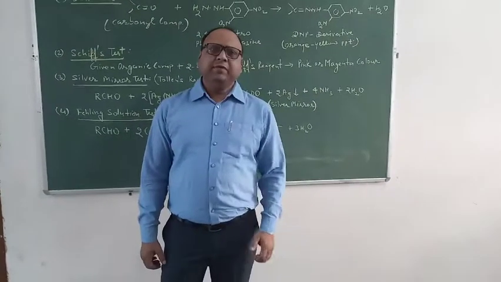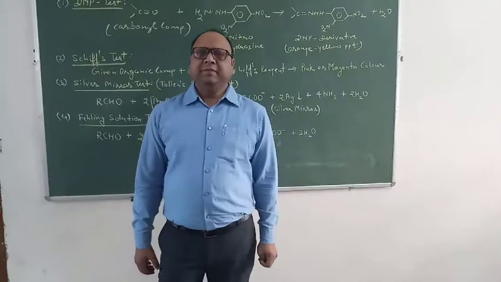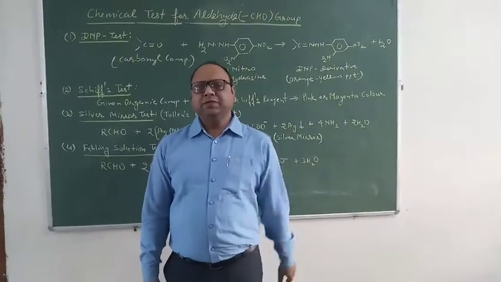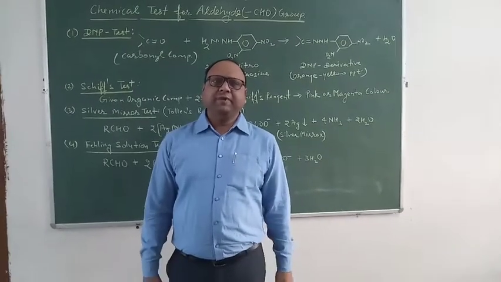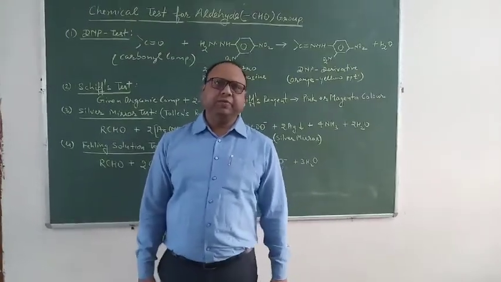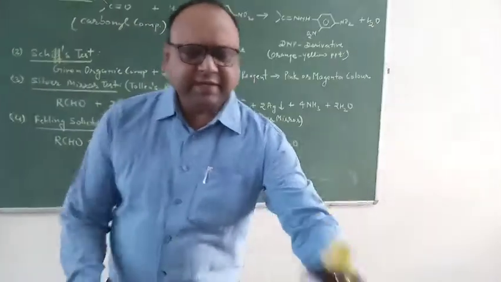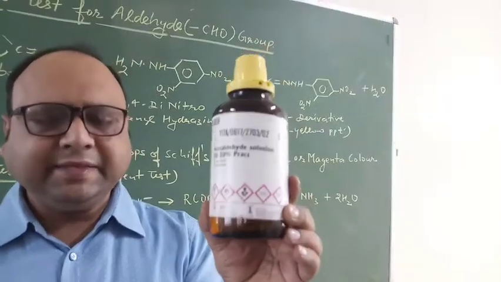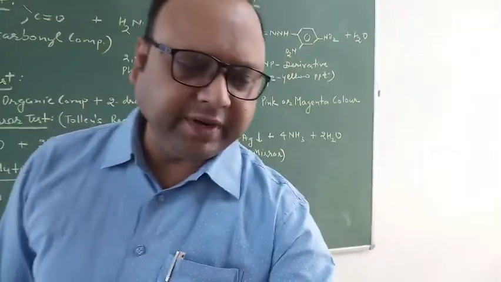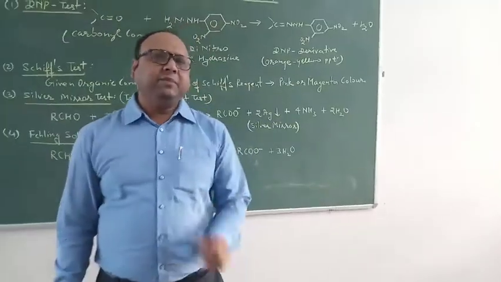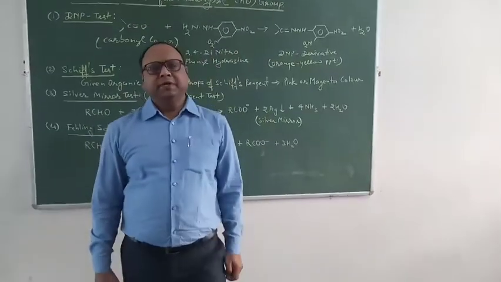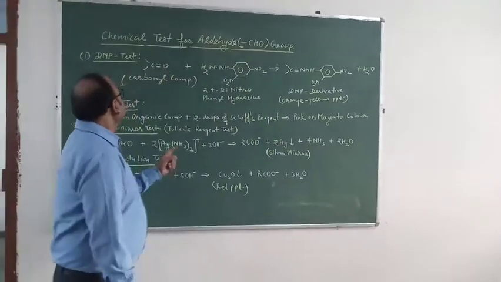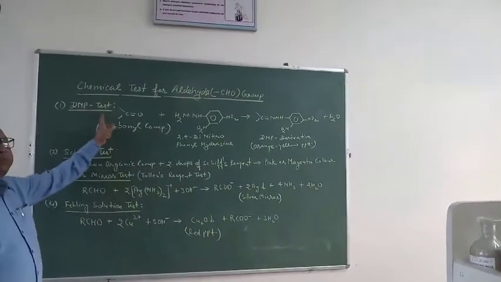Dear students, now we have to complete the determination of the carbonyl compound, in which aldehydes and ketones both are included. First of all, we have to complete the aldehydic group test. Look here, this is the solution, acetaldehyde. It is a colorless, highly pungent smelling liquid. For the identification of the aldehydic group, we have to use mainly the following 4 tests. Look here. First is the DNP test.